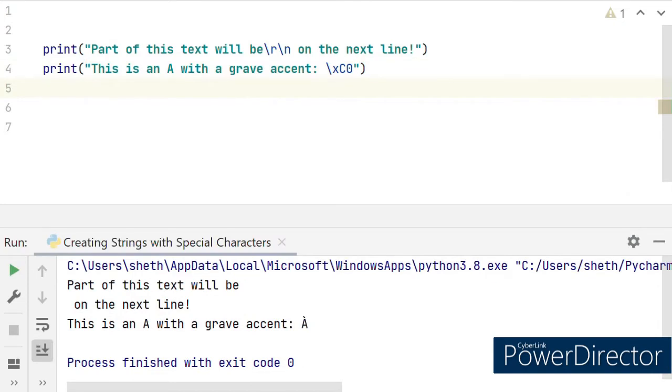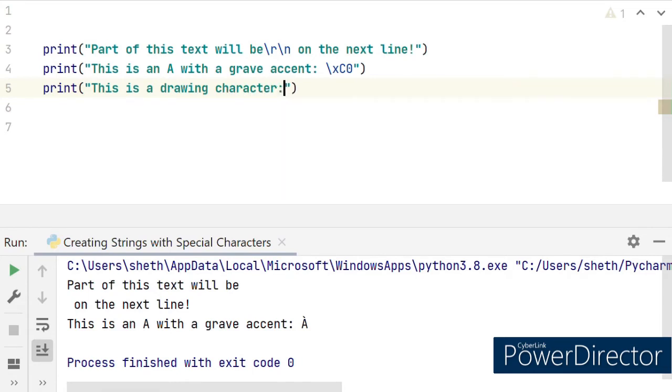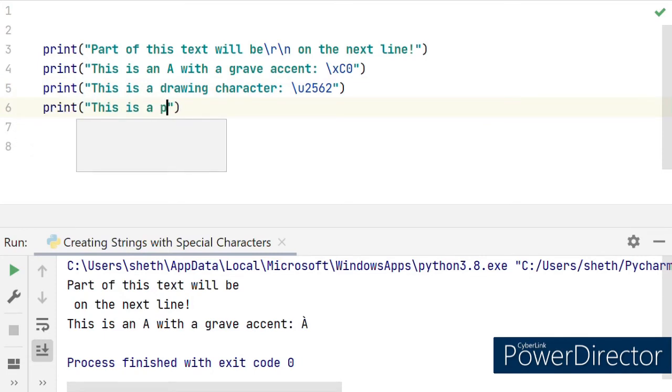Another thing we can do is print this is a drawing character. The code is \u2562. Then print this is a pilcrow.